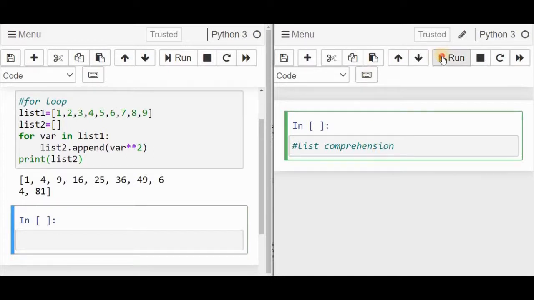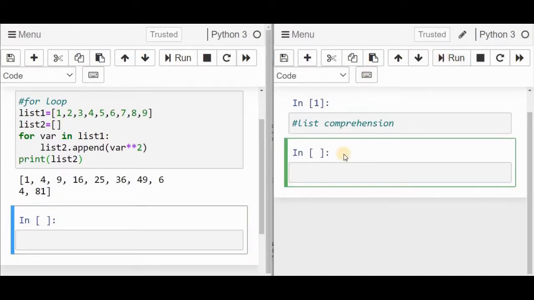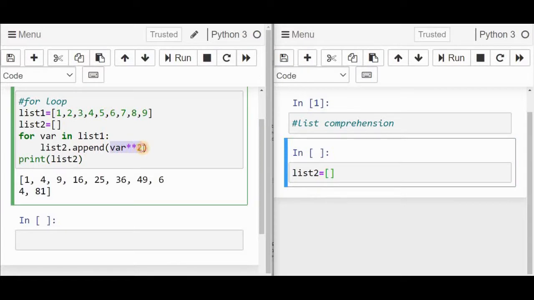I'm going to show the example. So I'm going here, the list2 is created. List2 equal to, with the help of square brackets only we are going to create the list comprehension. List2 equal to expression; here is the expression. With the help of this expression only we are creating the square value, so we have to specify the expression here.